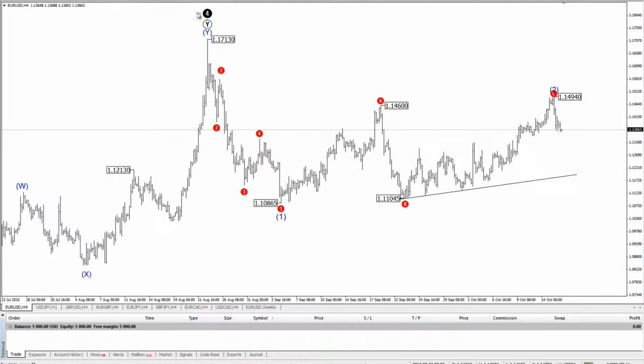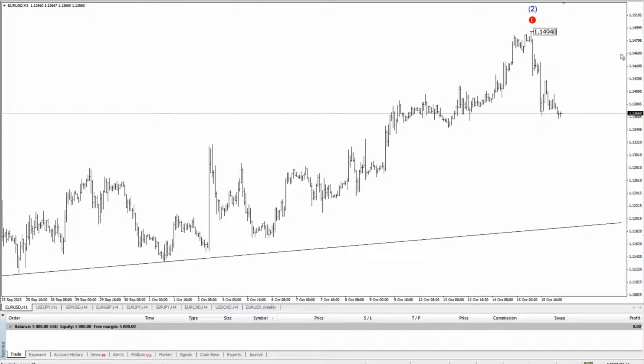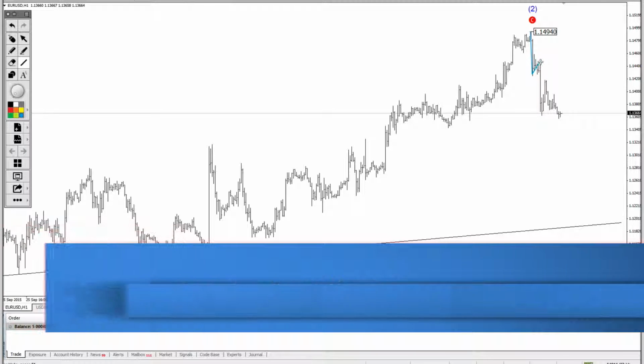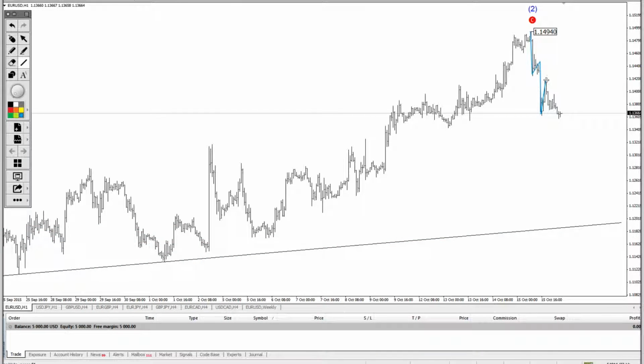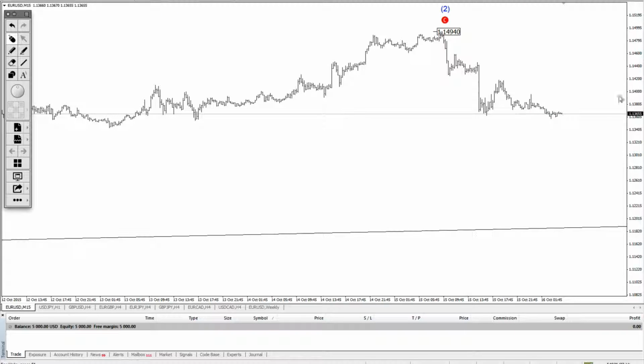Okay, let's see now this decline on a smaller time frame, this 1 hour chart. We can make out the 5-wave structure here, which is probably still forming, and I think we are going to sell this pair and put a very tight stop loss reverse order in here as well. Let's see, even on a smaller time frame, the 15-minute chart,